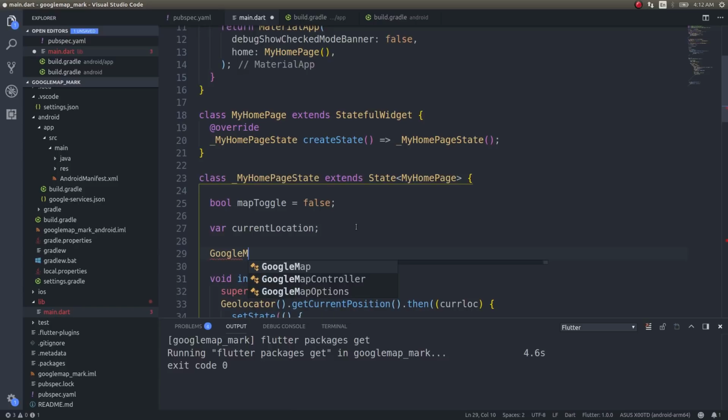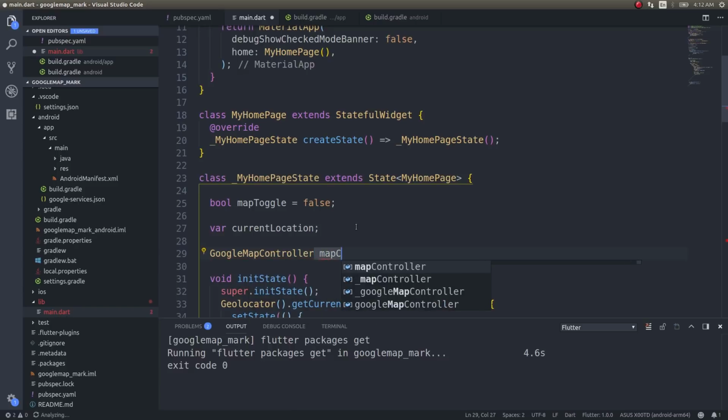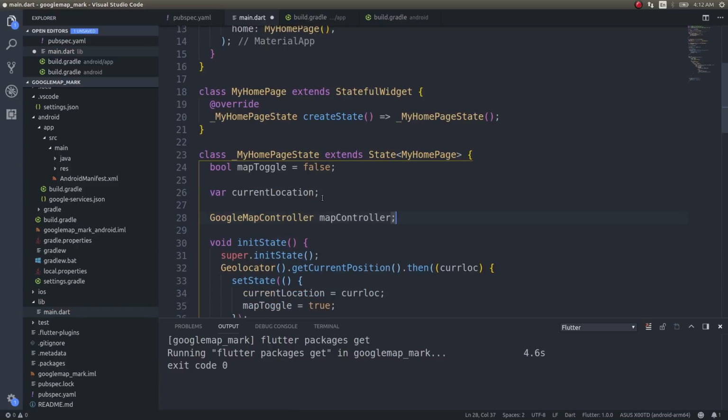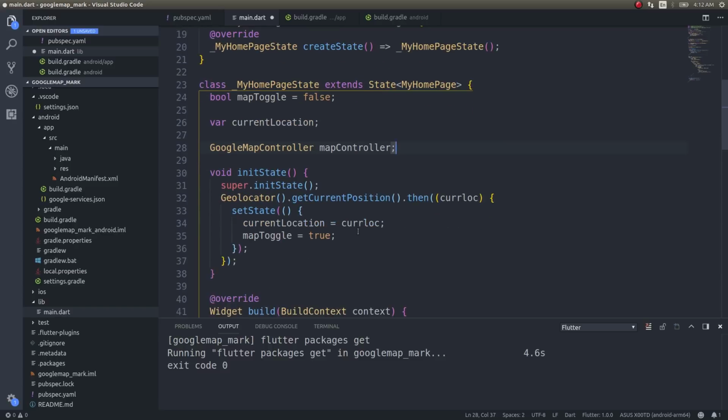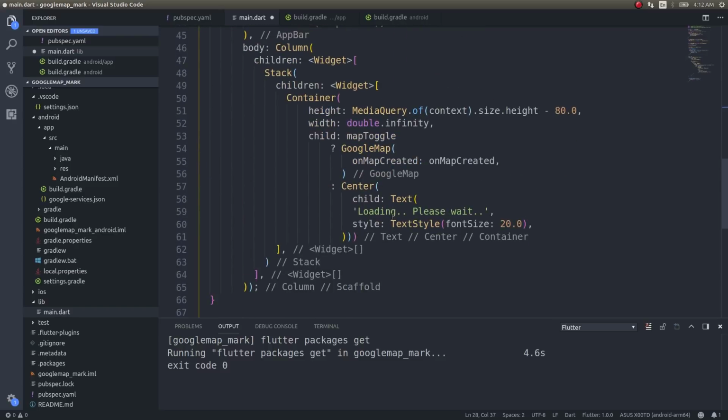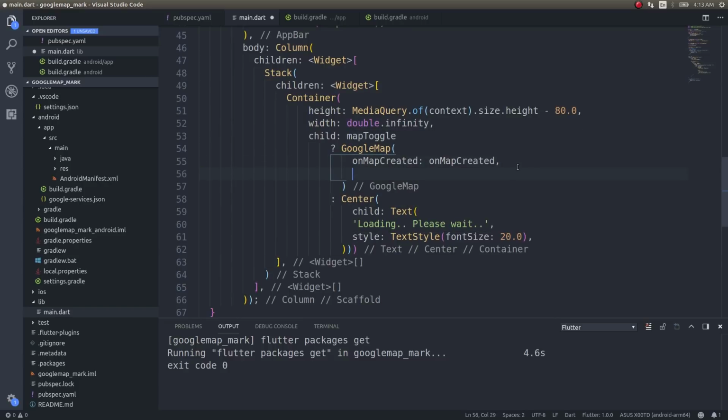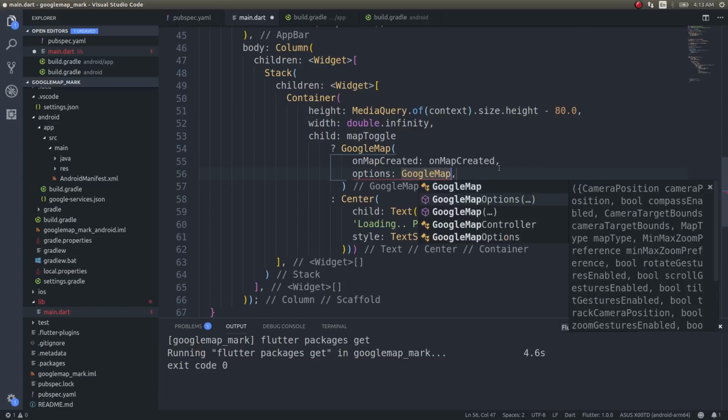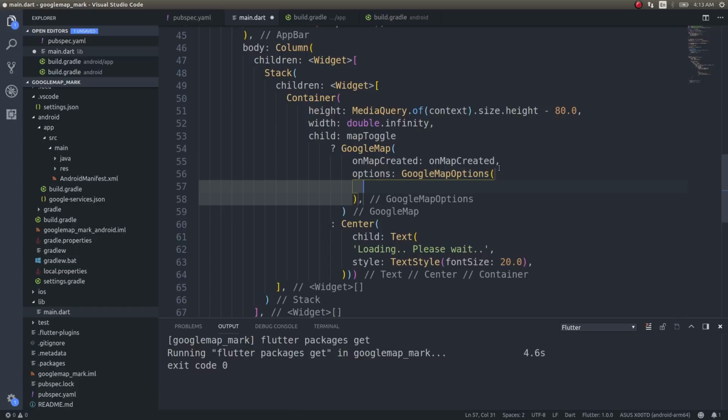Google Map Controller, map controller. Using this we can play around with the map widget. Okay, the map created, on map created. Now that we have a controller, the next thing I'll do is move the user to a particular location. So for that I can do options, Google Map options, right? Inside that I'll specify a camera position,